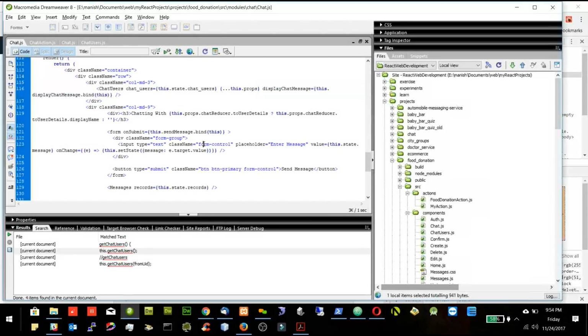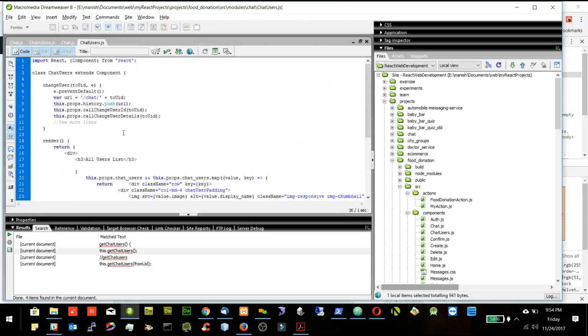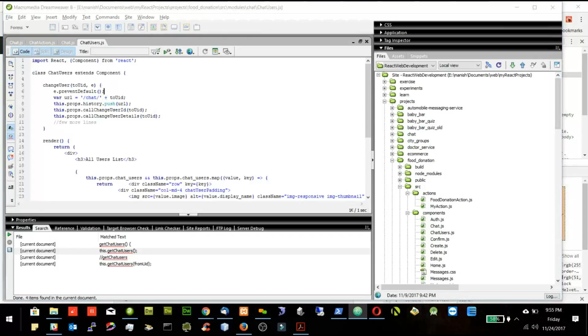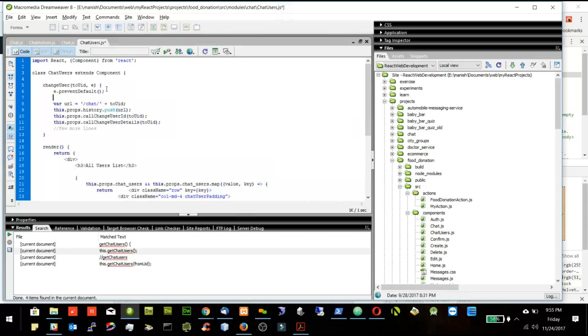Okay. So now since we pass this display chat message to the chat users, I can use this function there in the chat users also. So whenever I change the user, I call this function. And after e.preventDefault, I will call my display chat message. To call it, I will say this dot props dot display chat message, and here I will pass